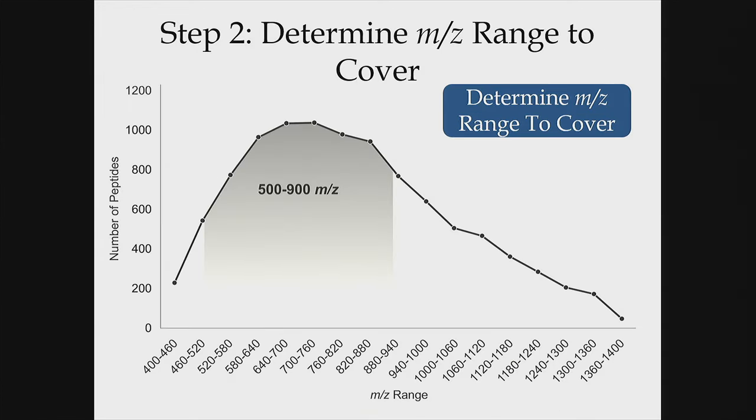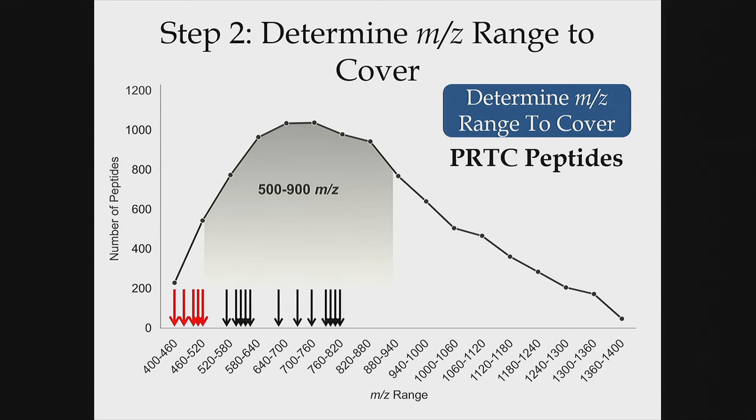The next thing is determining the mass to charge range to cover. So I'm going to go with 500 to 900 mass to charge in this case. It's what I've found to work really well. I mean, you're missing out on some peptides. For example, if you're using the peptide retention time calibration mix, you might miss out on some lower mass to charge peptides. So think ahead of time if there are some peptides in particular that are really important to you, and make sure you're covering those. Globally, I find that 500 to 900 works pretty well, even though I'm missing some of these higher